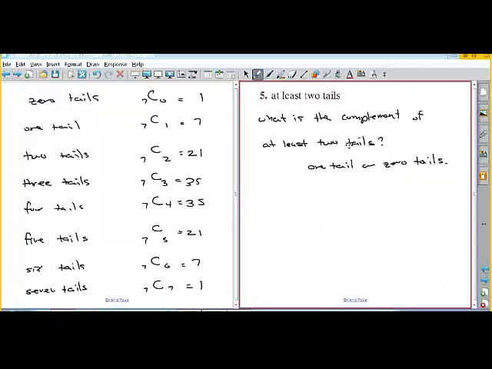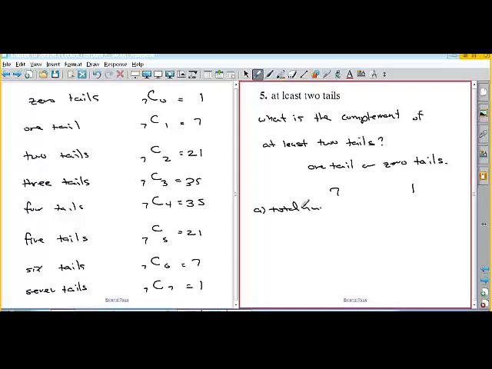So we can use that fact over here, because if we want to find the complement of at least 2 tails, that's 1 tail or 0 tails. So we just figured it out over here. So how many combinations have 1 tail? Somebody read it off there for me. 7, yes. And 0 tails, 1. Okay? So